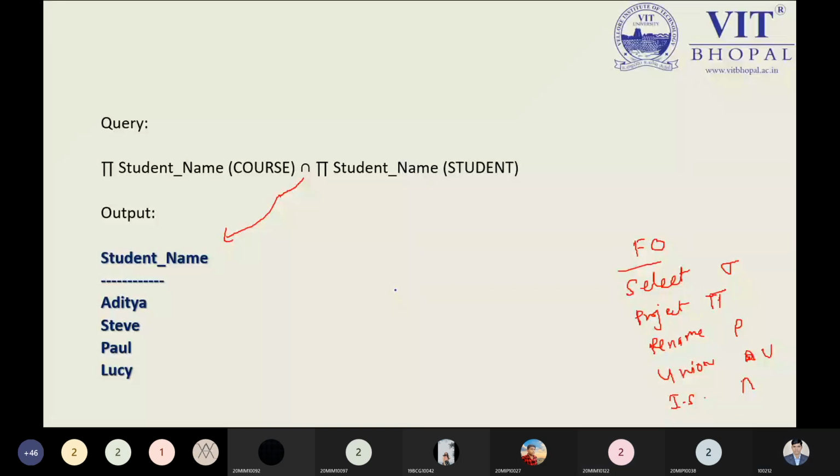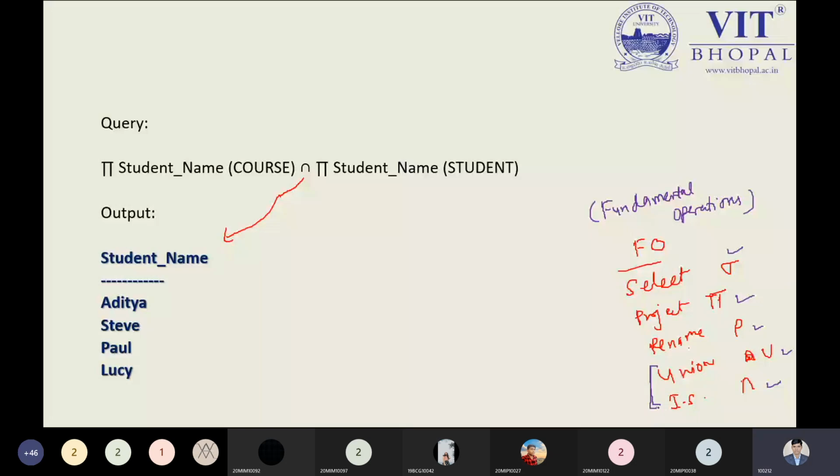Okay. So far we have discussed the fundamental operations. In these fundamental operations we discussed select, for which we use the symbol sigma; project, for which we use the project symbol; rename, for which we use the rho symbol; and union and intersection, which have their own symbols. So the fundamental operations I am speaking of come along with two additional operations, union and intersection, which we have seen. Now it's time to see the set difference.